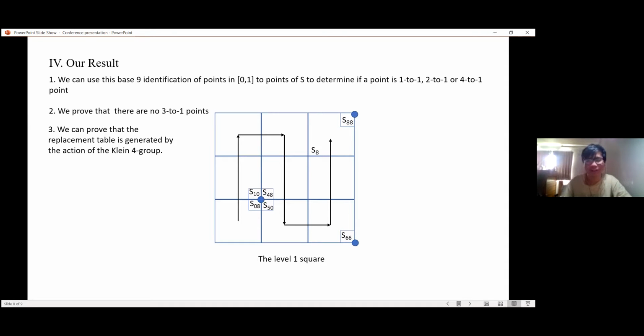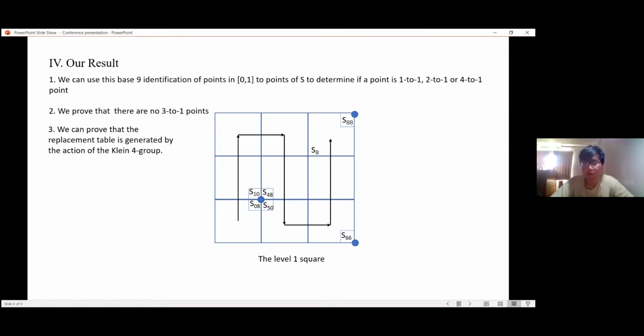Now, I would leave that. I would have number 3 be: there is a countable dense set of 4-to-1 points. Every 2-to-1 point lies on a triadic line. Okay. And you could put in quotes, most points are 1-to-1 points. And that would be the end of this slide.